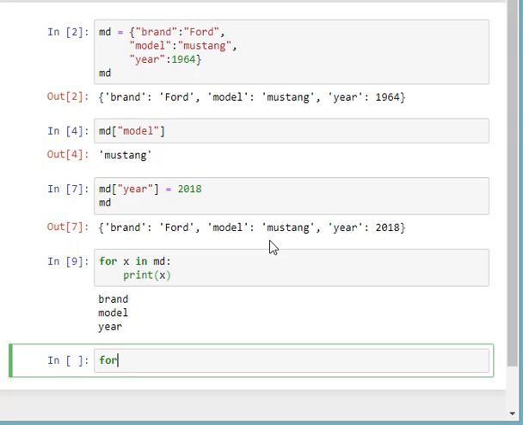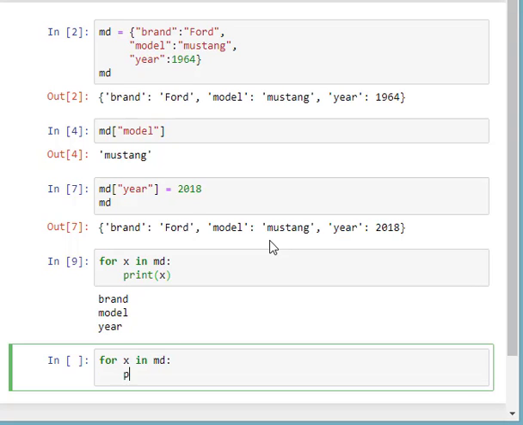Let's say I want the values. If I want the values, there are two methods for values: for X in MD, and say print MD of X. Means first it is for X, it is taking the key, and then when I am accessing it inside two brackets, then it's accessing its values.